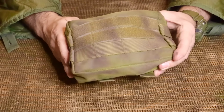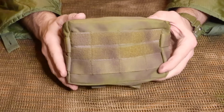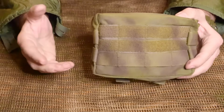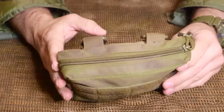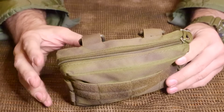So this is going to be a good kit. It's going to be a fast-paced video today. We're just going to look at these items, some of the modifications, talk about them, and then we'll conclude and we'll move on with our lives and we'll all be better for it. Stand by. All right, so all the items in here, self-procured,